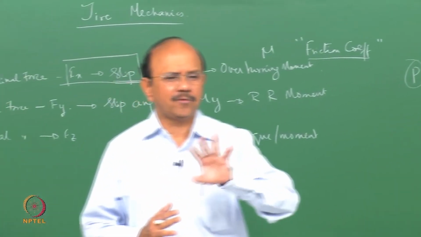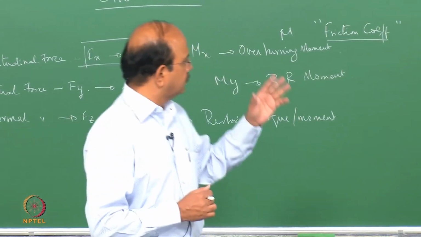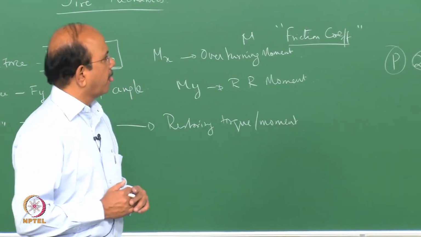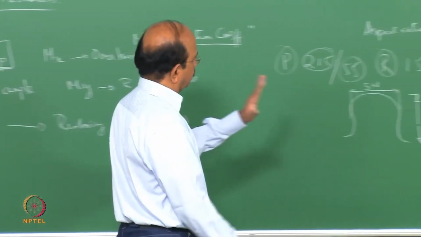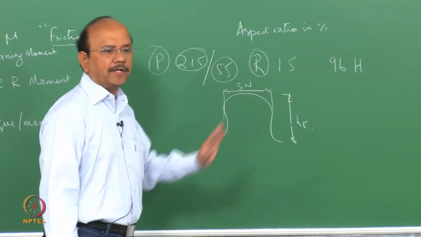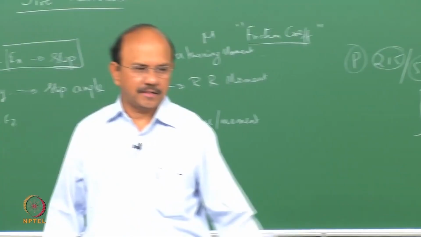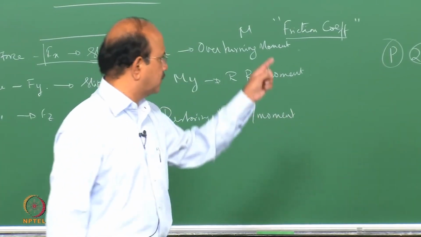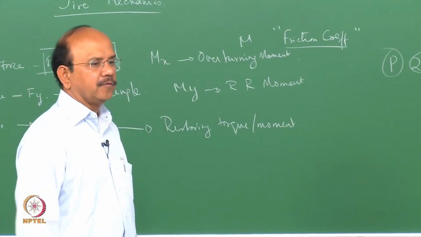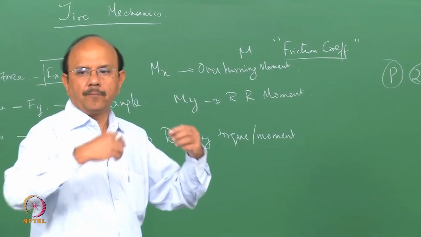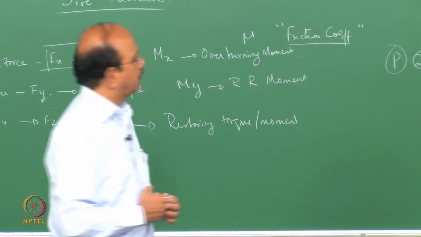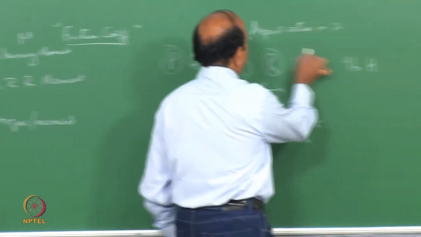We will see what is a bias tire and what is a radial tire again in the next class through some pictures. We will just note that two types of tires are there: one is a radial tire and another is bias tires. We'll just see quickly a section and see what the radial tire is, but we will go from micro up. From micro we will go to the macro. Okay. Now, this is